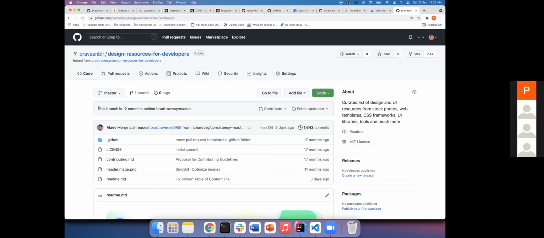Now you see what it's saying. This is 12 commits behind. Now see, for example, when you fork it, and after that you work on that repository, right? So now let's say you did some commit, and then if you want to get the latest commit from the original branch, who will do the merging?